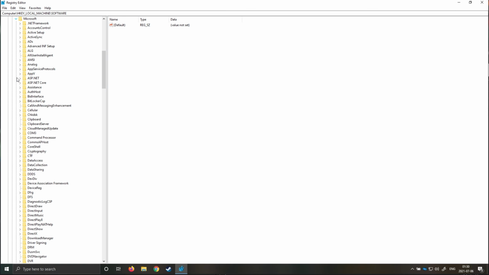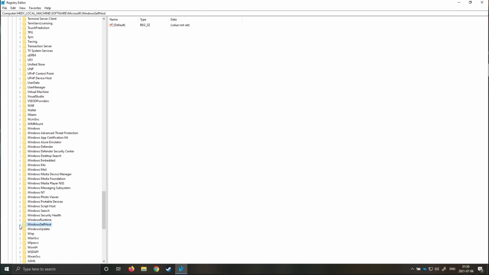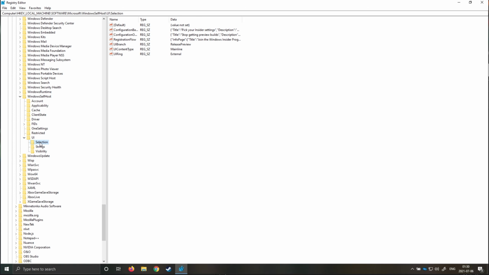After expanding Microsoft, we'll scroll down to WindowsSelfHost, which is right over here. We'll expand this as well. We'll expand UI and then Selection. We'll click on Selection here as there's no expand icon next to it. Then on the right-hand side, you'll see UIBranch. All that we have to do here is double-click this and then change it to Dev with a capital D